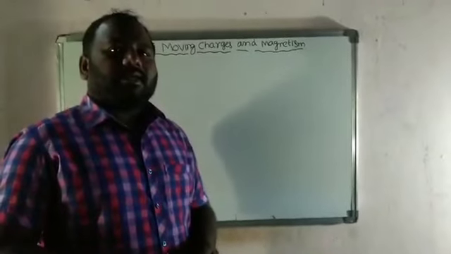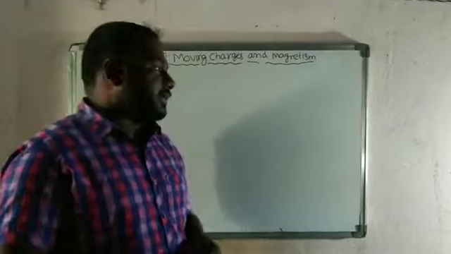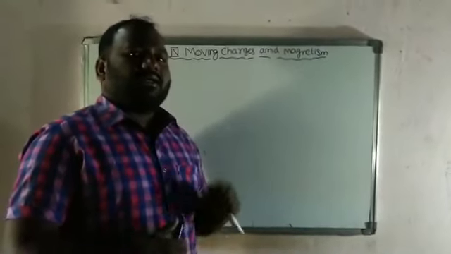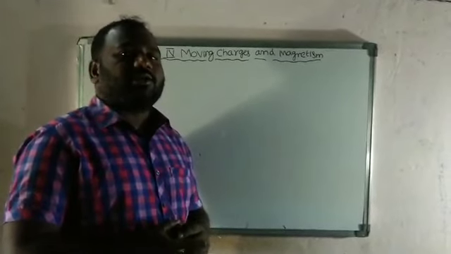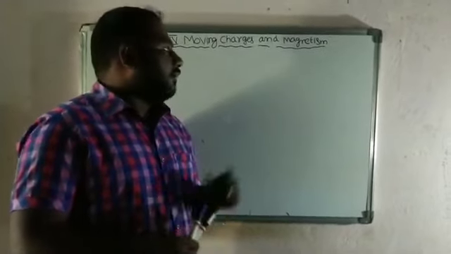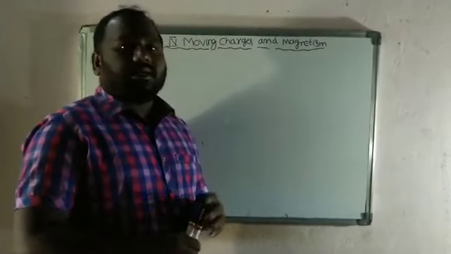In the last session, we derived the magnetic field due to a solenoid and the magnetic field due to a toroid. Today's session, we are going to derive the force between two parallel current carrying conductors, and we observe when the force is attractive and when the force is repulsive.